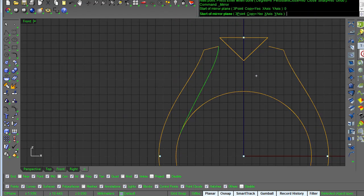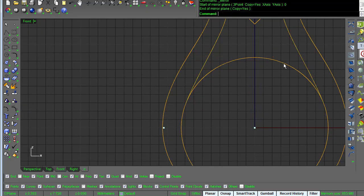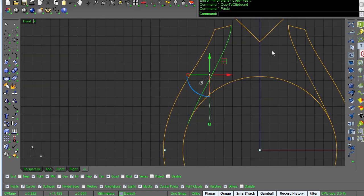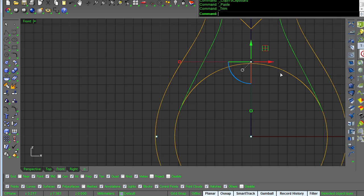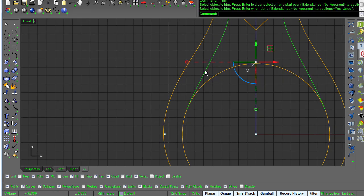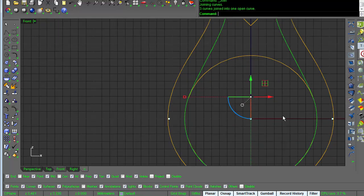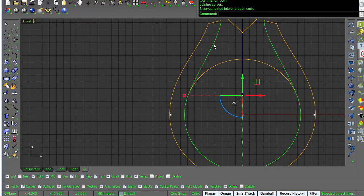Okay, mirror that to the other side. Grab the two of these, copy and paste that. And I want to call trim and cut out this center section. So now I can take this, this, and that, and join those together. Now, there are three separate curves. I want them to be one curve, so I'm just going to say rebuild,